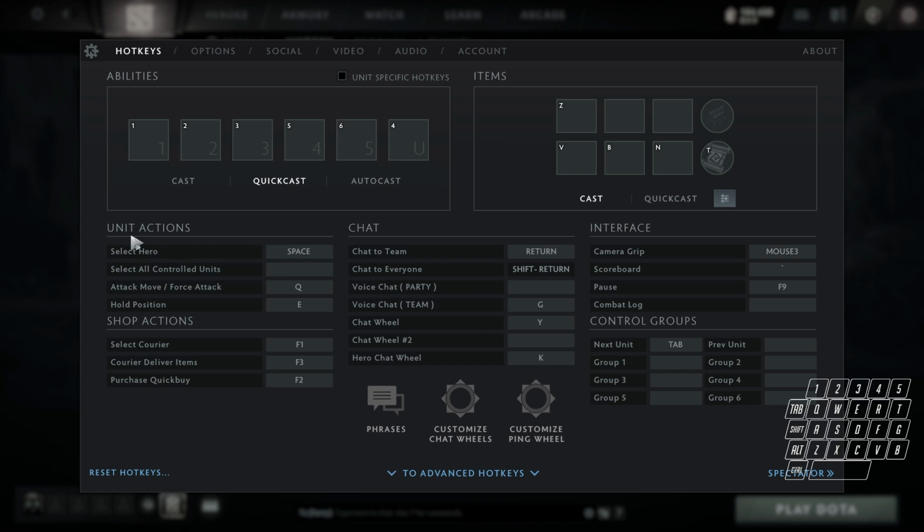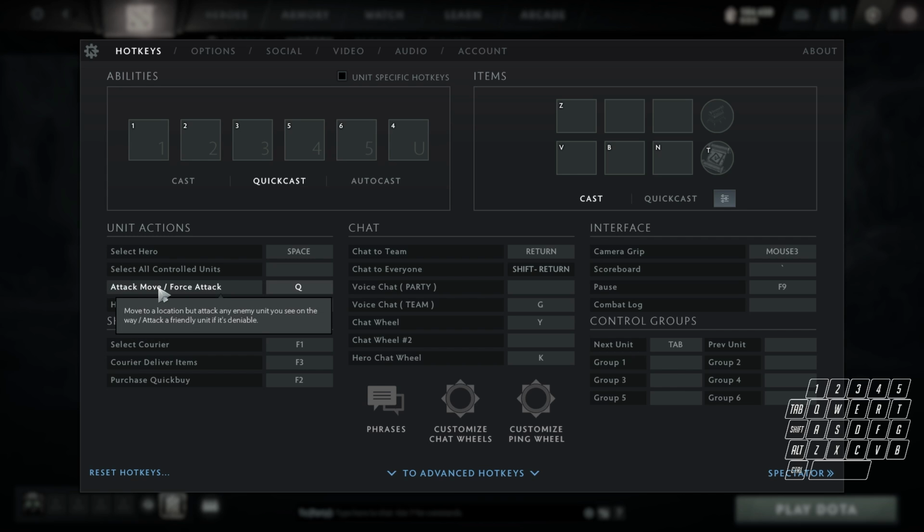Alright, bottom left in the middle, hero selection is space. That basically means whenever I click space, my camera is instantly jumping to my hero, and I will definitely recommend doing this, because it's very easy to jump around the map, and just clicking once or twice space and you will be back at your hero, and this is very nice for your overall minimap and map gameplay. Overall the camera movement is way smoother.